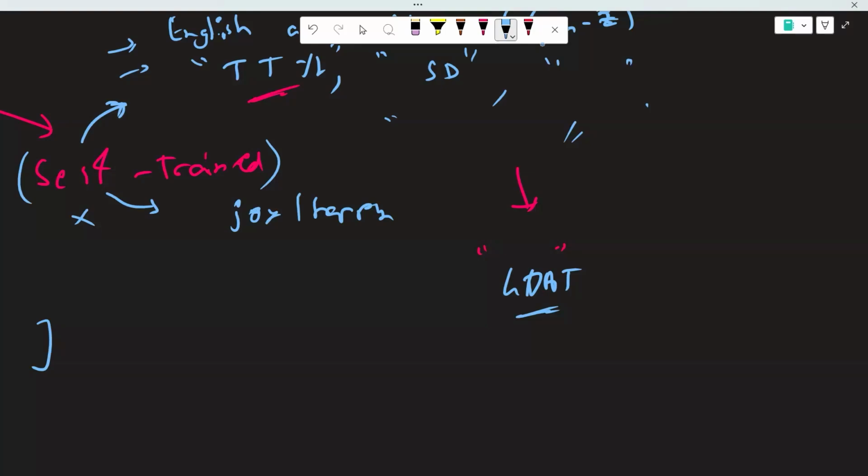So if you have this kind of use cases where you have to deal with vocabulary which is not directly present in your common language words, like English, maybe it's not present in the common dictionary, go with creating your own model. Okay, you'll have to train your model by yourself. That's why the self-train part.